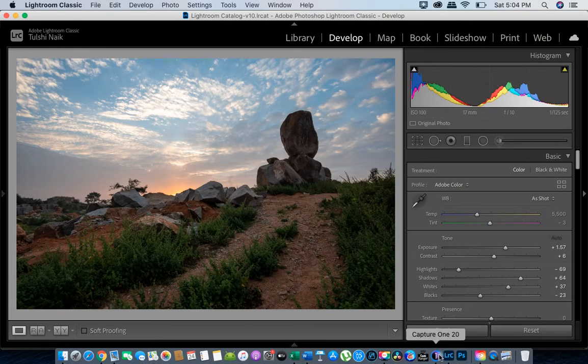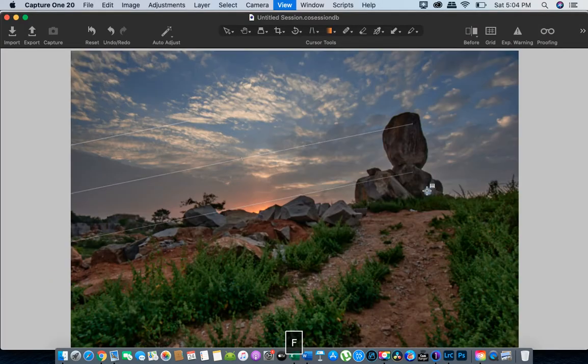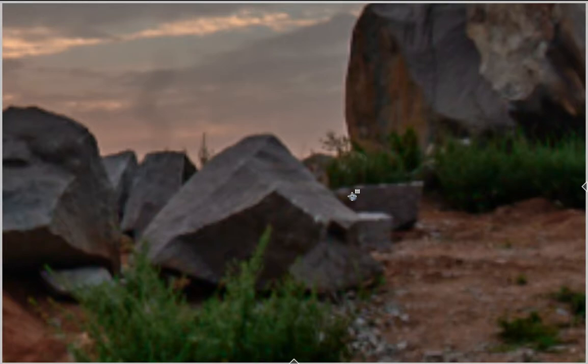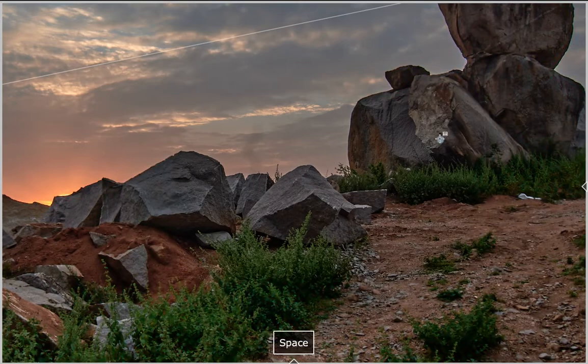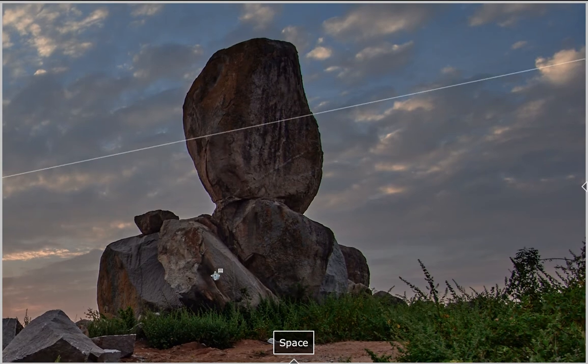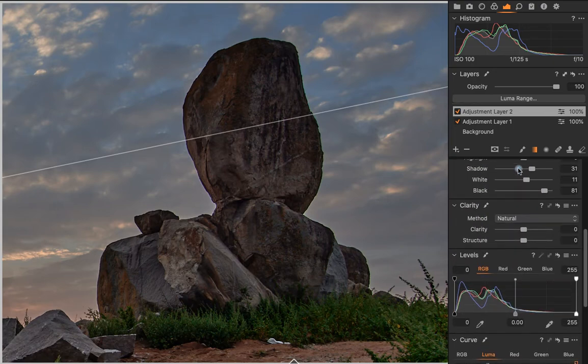But in Capture One, if I press F, it will obviously take your image to full screen. I can zoom in, I can drag, but what I like the most is that you still have your panel floating and you can do your editing as well.